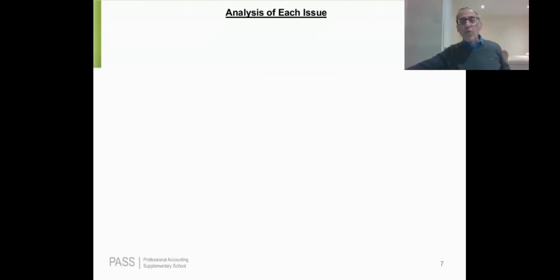Anybody? What should they have accrued? The lesser of the penalty and the amount that they're going to lose on the contract, right? People are saying cost of fulfilling the contract. To be a little bit more specific, what they were really supposed to accrue is the lesser of the penalty and the amount of money they're going to lose by fulfilling the contract, the lesser of the two amounts. So by not making any entry, that would be inappropriate.